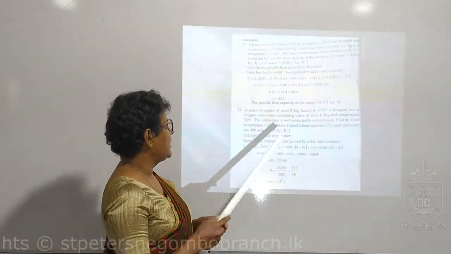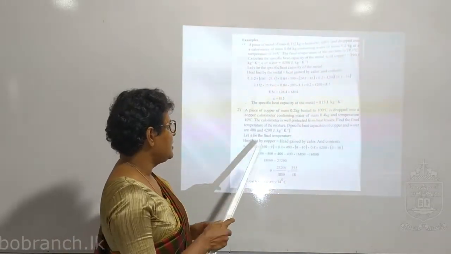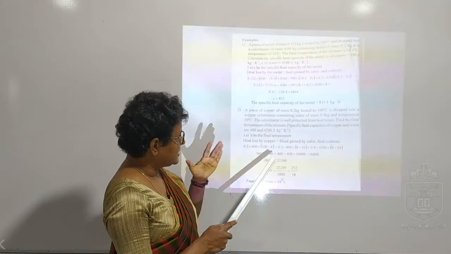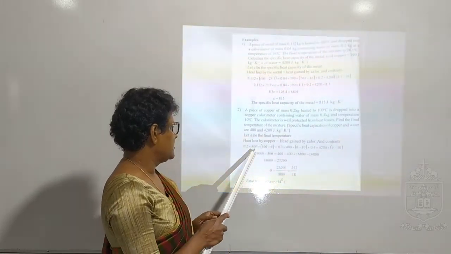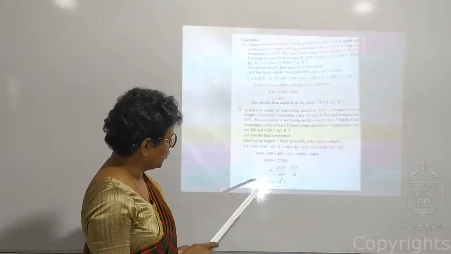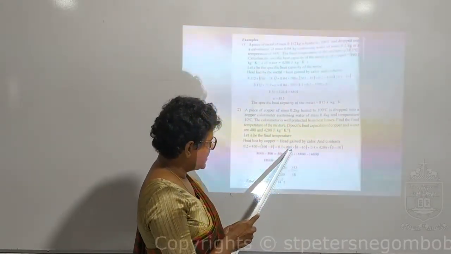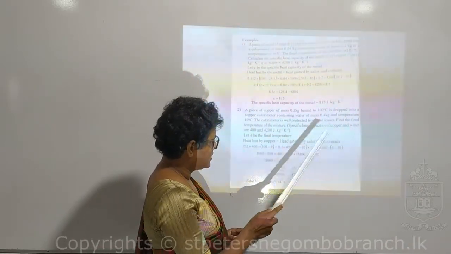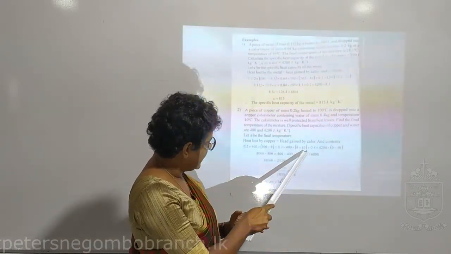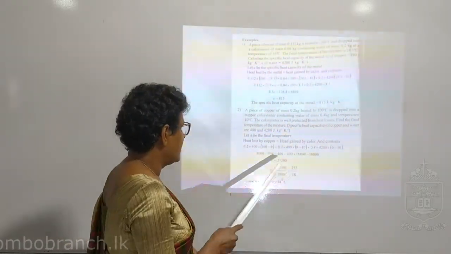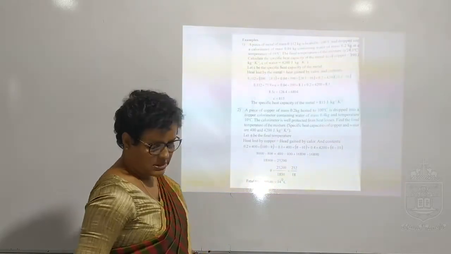Previously we found the specific heat capacity of the metal. Now see, heat lost by copper. It is 100 degrees initially, and the final temperature is theta. The temperature difference is 100 minus theta. Specific heat capacity is 400, mass is 0.2. Heat gained by the calorimeter and water. Calorimeter, the specific heat capacity is 400, water 4200. Final temperature theta, initially the water and the calorimeter were at 10, so theta minus 10. Then here the mass of the calorimeter, mass of water. So you will be able to find theta.